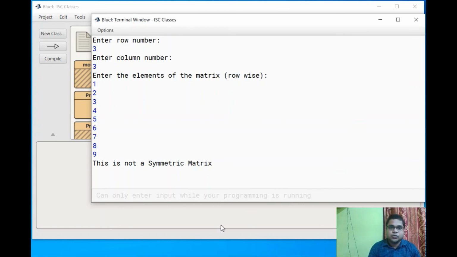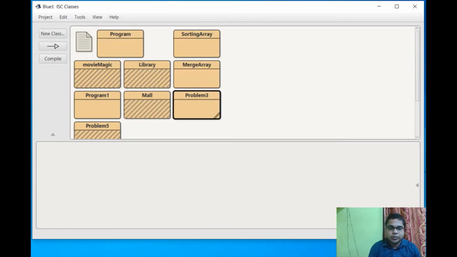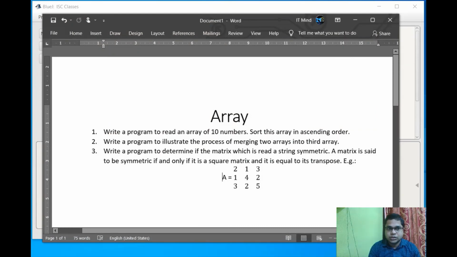So this is all about today's questions. The first two questions are solved with a one-dimensional array, and the third question is solved with a two-dimensional array. So this is all about the array concept.